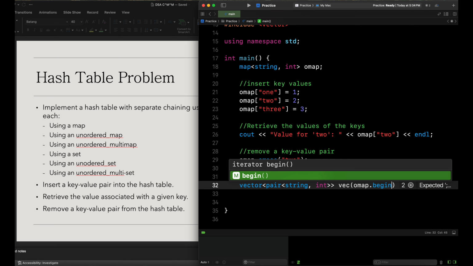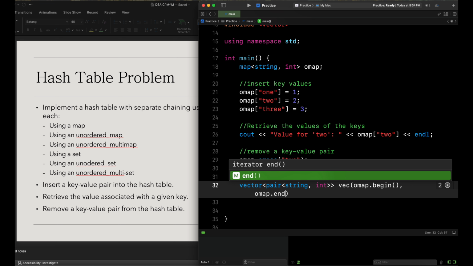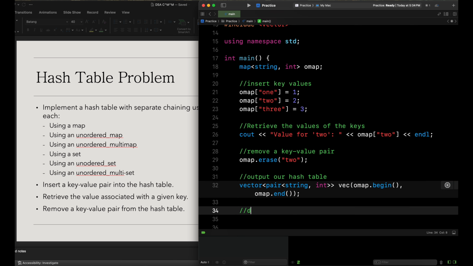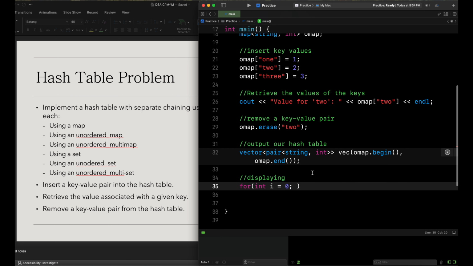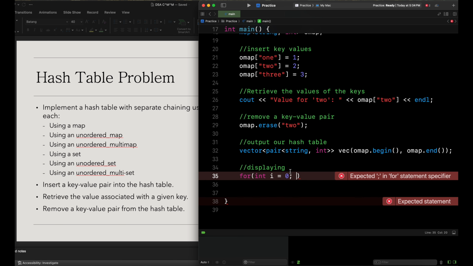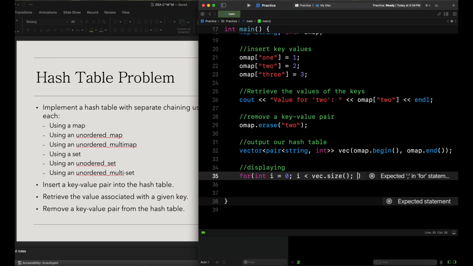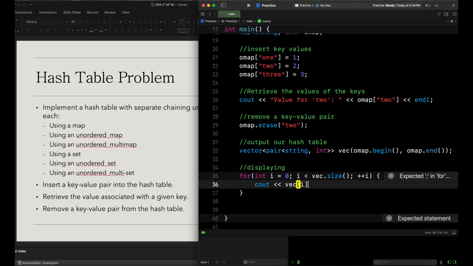omap.begin, and then omap.end, and that's how we initialize our vector that we're able to call. For the next part, we'll display using a for loop, and we can use the same type of syntax that we did before, where we have int i equals 0, i is less than vec.size(), and then we increment accordingly. Then we will output vec[i].first